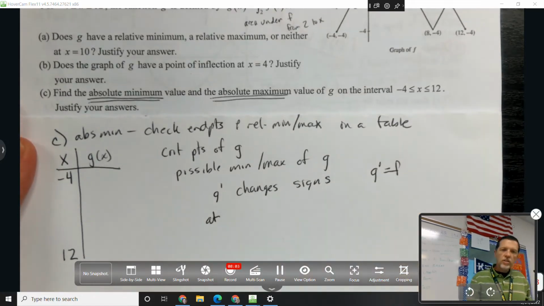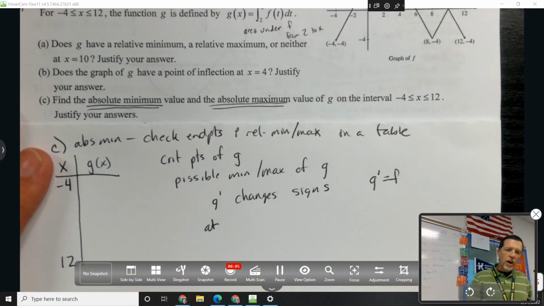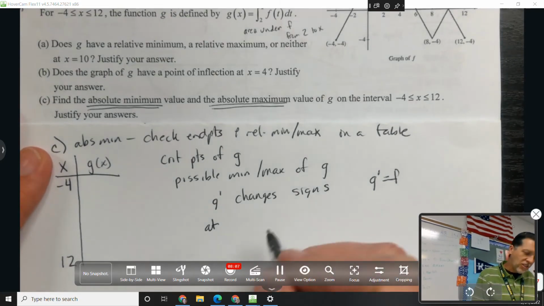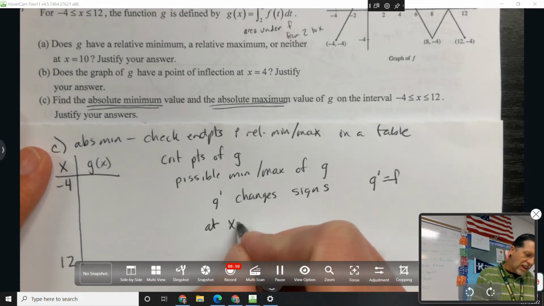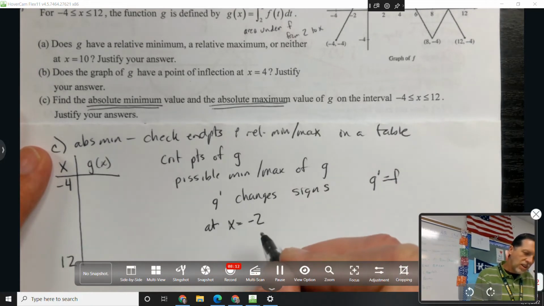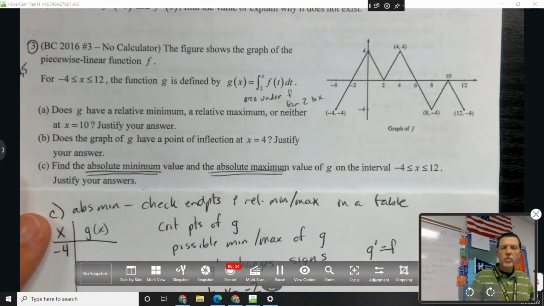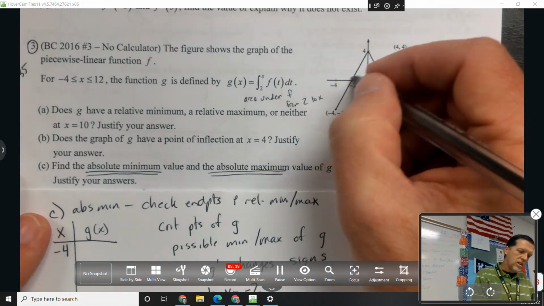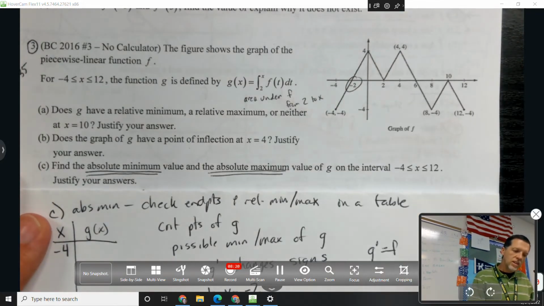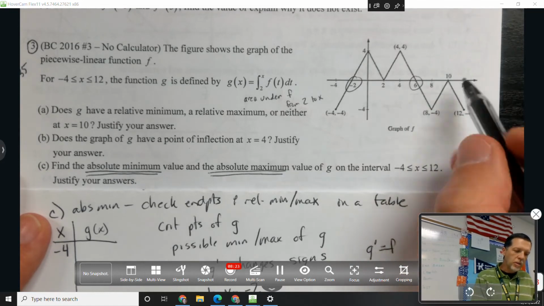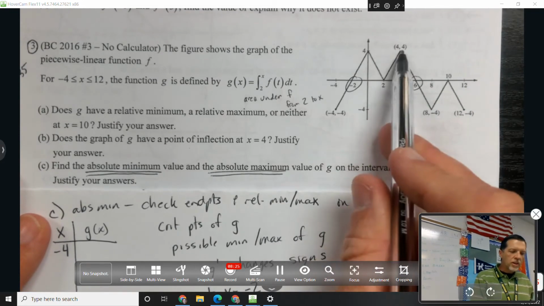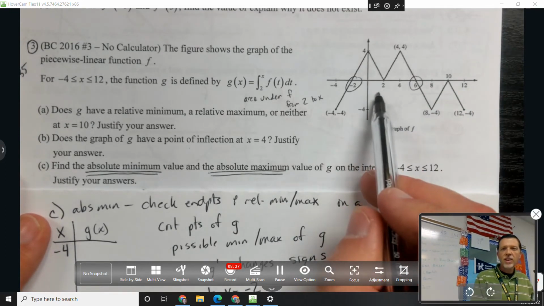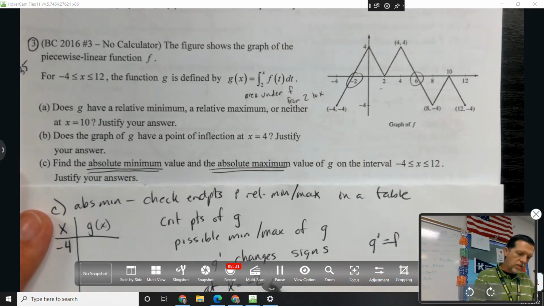So g prime changes signs, f changes signs at x equals -2. Where else does it change signs? Where else? And 6. It hits 0 other places, but it goes to 0, but then it goes back to increasing. So 2 is not going to be a min or a max. Same with 10. So I need to check -2 and 6